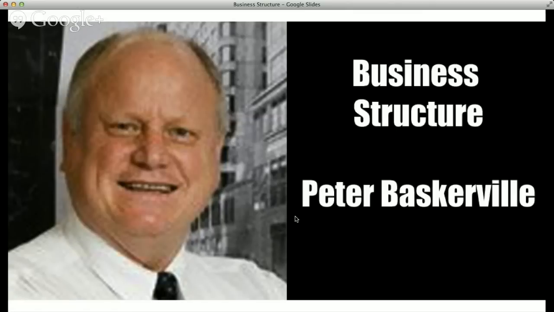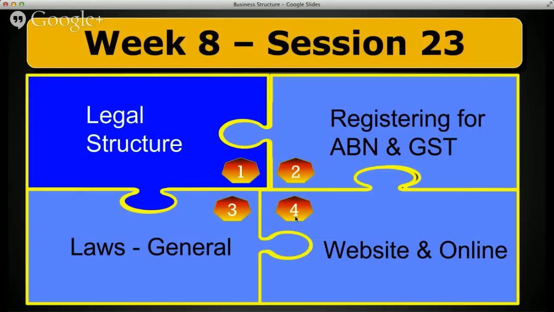a Thursday. So this is the first of the important legal things that you need to consider for your business, and that is the business structure. So this week, tonight I hope to be able to do business structure and registering for ABN and GST. I hope to be able to do that tonight. We'll do an introduction to laws on Thursday, and we'll go back into trying to develop